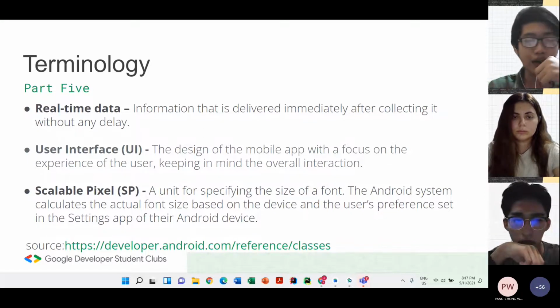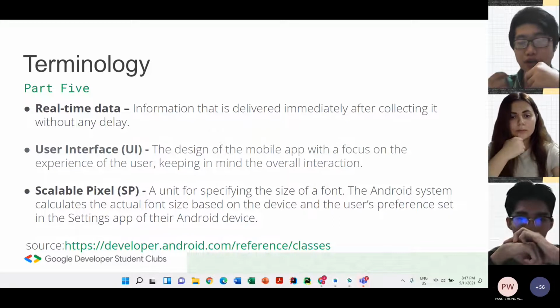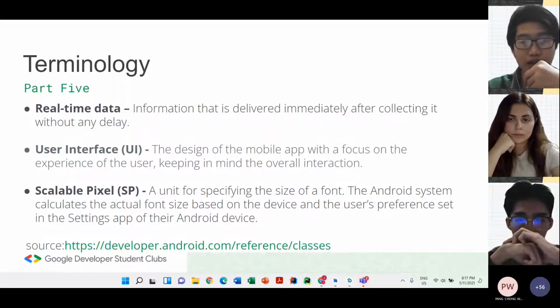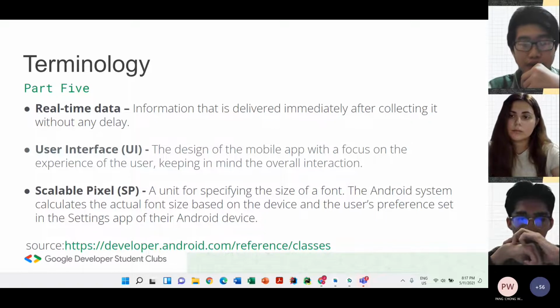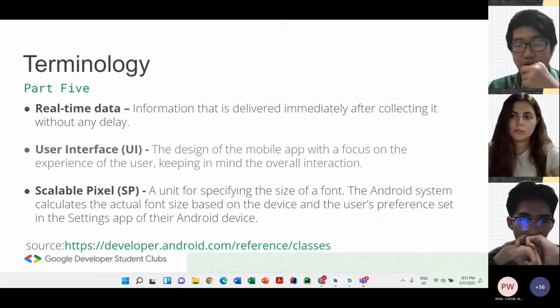So UI is one thing that I want all of you to keep in mind while designing your apps, that the design of your UI determines a lot on the success of your application. Even if your app might be really powerful, really functional, if you design your UI poorly, I doubt it will bring satisfaction to your customer.